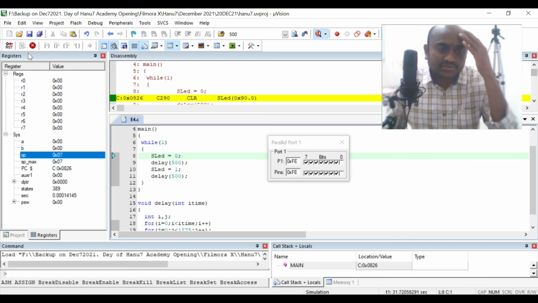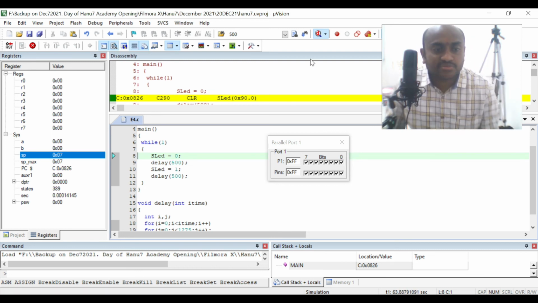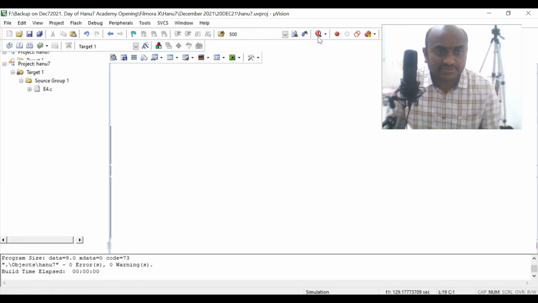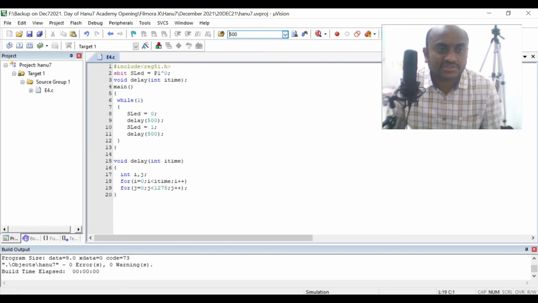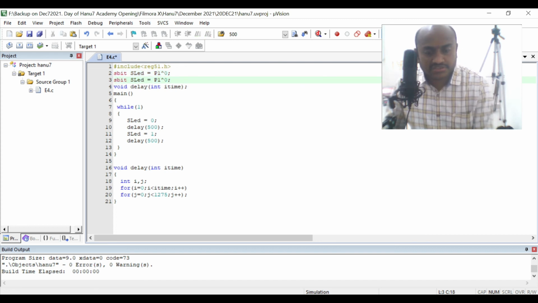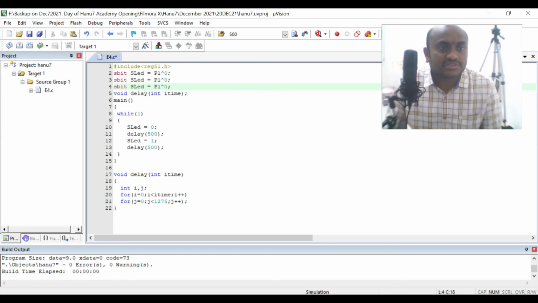Okay, so you may have a doubt, sir, can I program 2 LEDs or can I program 3 LEDs? Can I program all the LEDs using this method? Yes, of course you can do, but it is not a wise decision to program all the LEDs by using the keyword sbit. You can directly call P1 in the byte mode, but for programming a few LEDs, yes, you can do that by duplicating this statement, copy, paste and then paste. So this is SLED1, SLED2.